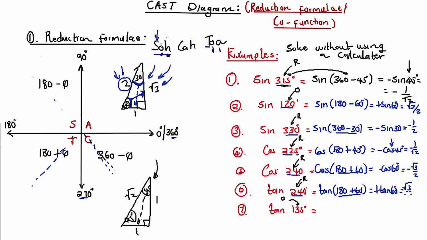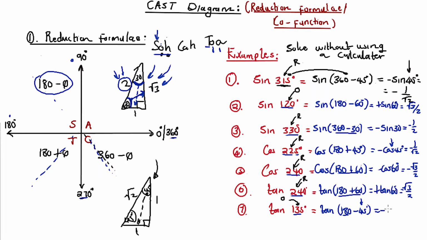Square root 3 over 2. Tan 135. It's between 180 and 90. So we're going to apply this formula, 180 minus. So it's going to be 180 minus what? 45. Because when you take the difference between this and this, it's going to be 45, equal to, in the